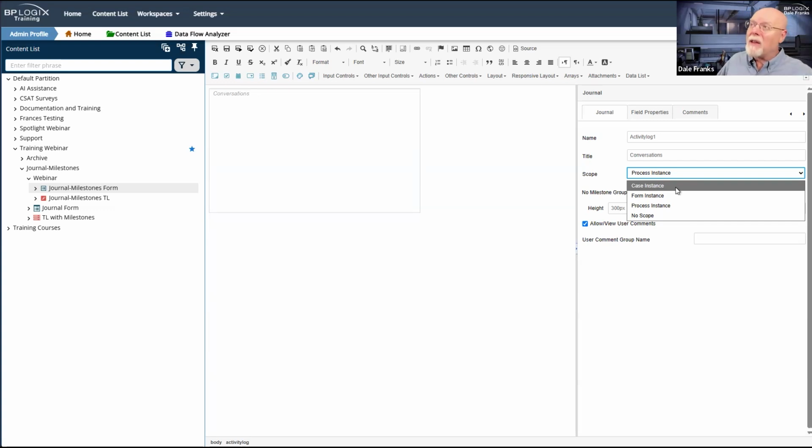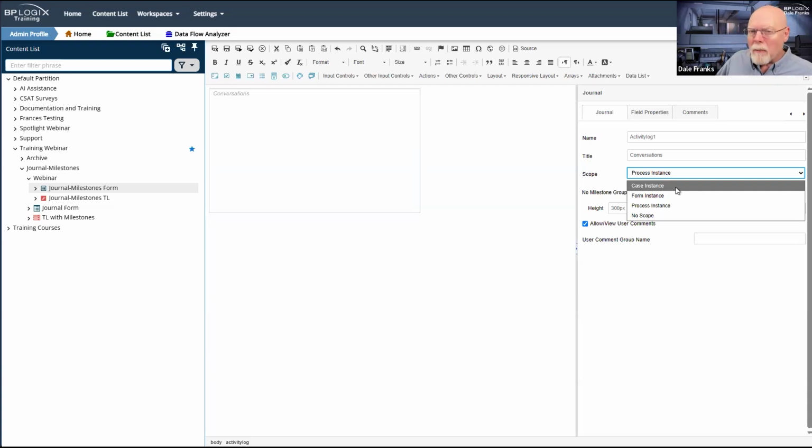In fact, I think there is one case where I would argue that I absolutely want to set it to the case instance, and that would be in the primary case form, whatever that might be. So generally what happens in a case, not always, but generally, is that you have a case form that you can open up to see where we are in the case and what it is that we are doing in the case, as well as seeing the original request that kicked off the case.